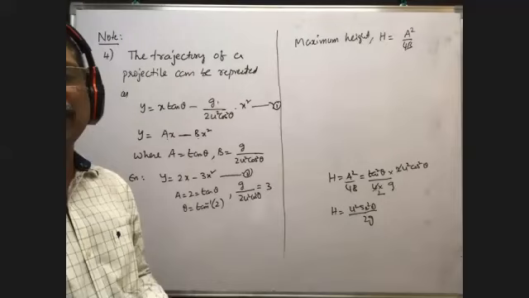Okay, the range of the projectile. The oblique projectile is thrown into space with a certain velocity. That velocity is not given here, so you forget it. So the oblique projectile is thrown into space with a certain velocity and an angle of projection theta such that it covers a range of R. If it is R, whatever this distance is, that is equal to R minus x. It is equal to R minus x.